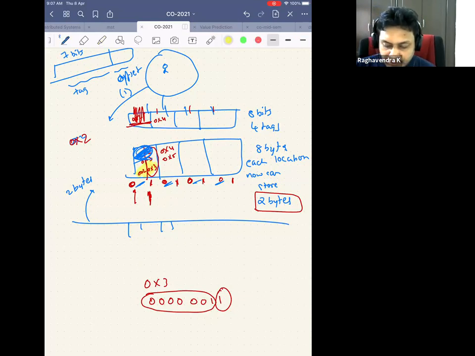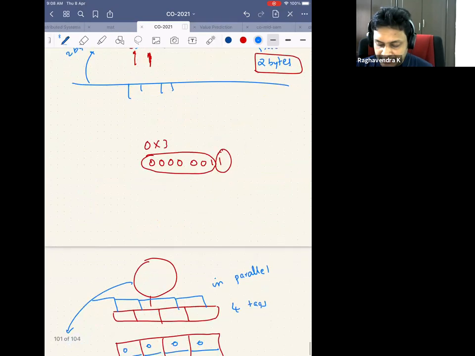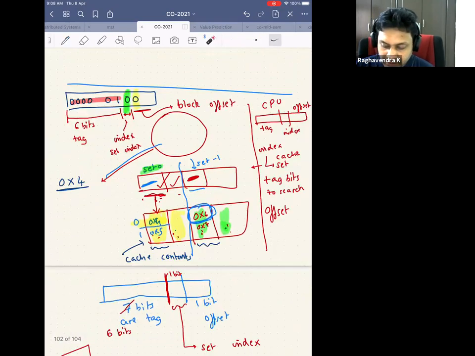But you can see that the power consumption is pretty high because I have to search all of the blocks in parallel. Not just power consumption, even the cycle count will be higher because the access time is higher, because of the way the comparators and the mux are designed. I would need a larger mux to feed in all the outputs. So I said I will have a set-based design where I will divide up the given blocks.